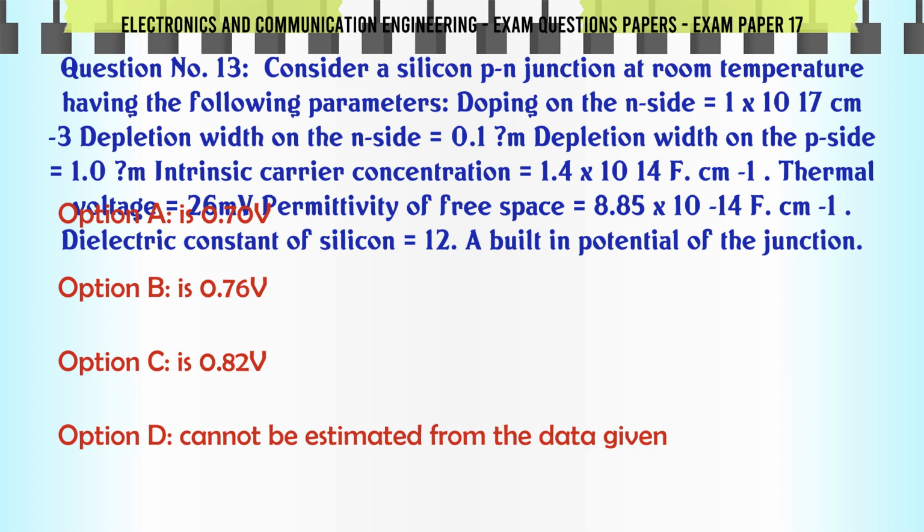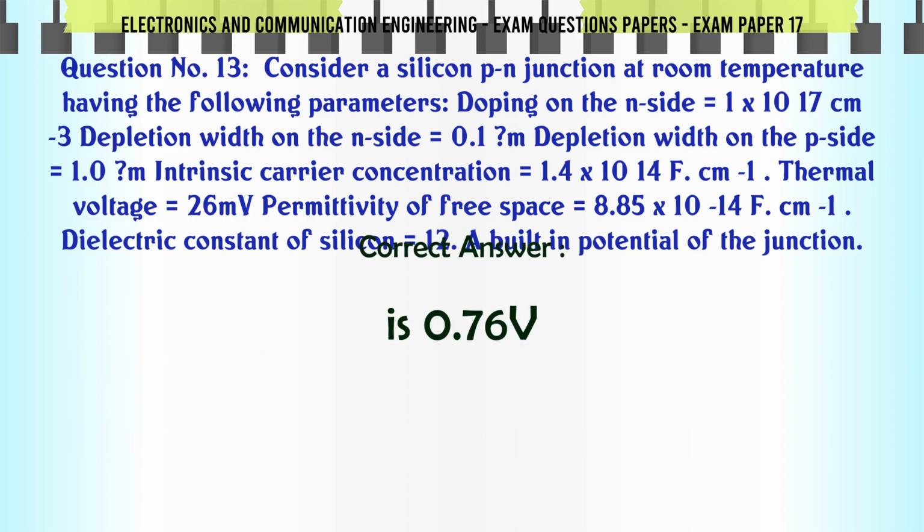The built-in potential of the junction: A. 0.70 V. B. 0.76 V. C. 0.82 V. D. Cannot be estimated from the data given. The correct answer is